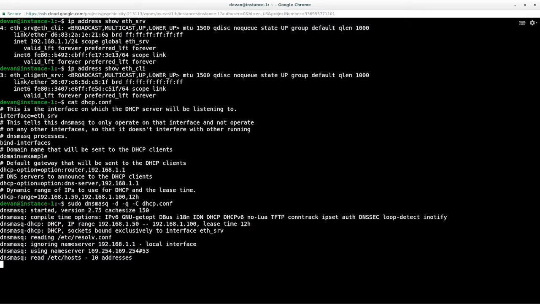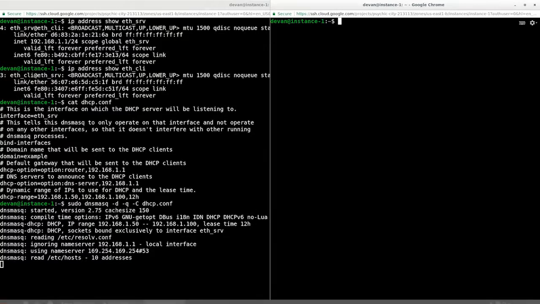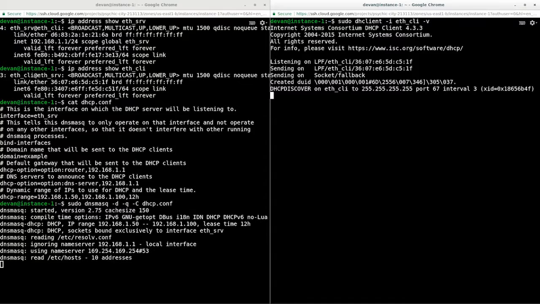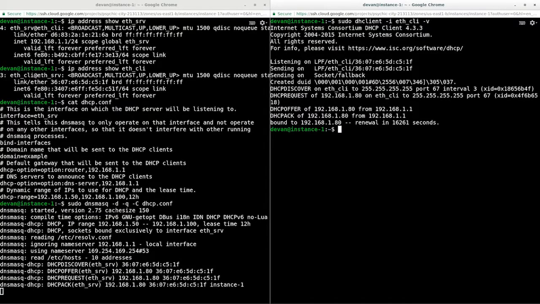Now, let's run a DHCP client on a second terminal. So I want to open up the second terminal. Now on my second terminal, I'm going to type in sudo dhclient -i eth_CLI and then -v for verbose. We're using dhclient, which is a very common DHCP client on Linux. We're telling it to run on the eth_CLI interface, and we're using the -v flag to see the full output